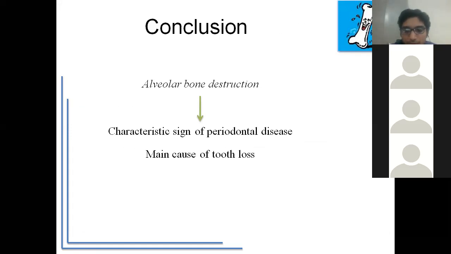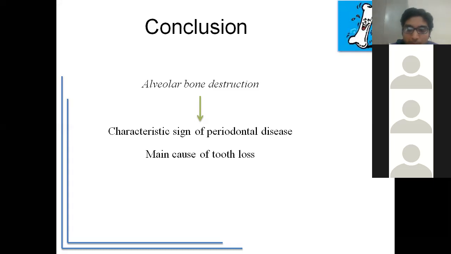What are the different patterns, right? So coming to classification, the classification given by Goldman and Cohen classified into 3-wall, 2-wall, and 1-wall osseous defects, and combined osseous defects, suprabony and intrabony defects, along with ledges. What is a ledge? What are craters? Craters are concavities on the crest of the interdental bone. Craters are 2-wall intrabony defects, right? A ledge is a plateau-like bony margin, along with bulbous bony contours and exostosis, right? Then comes your fenestration and dehiscence. Then comes your horizontal and vertical or angular defects.